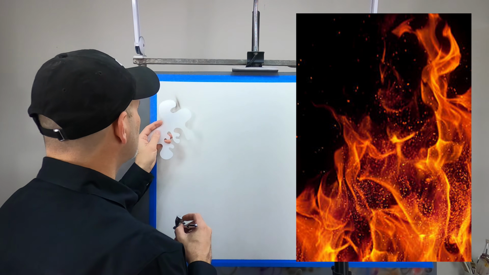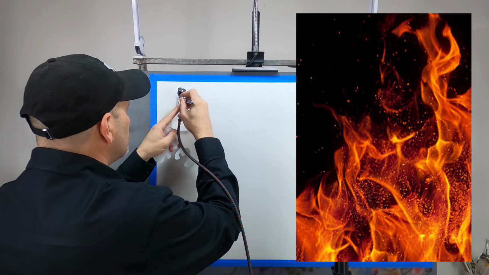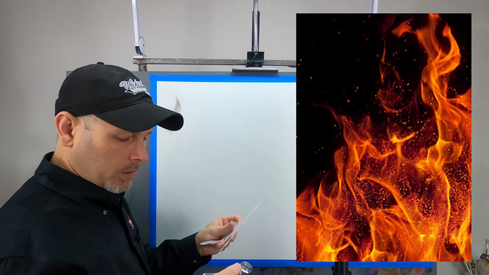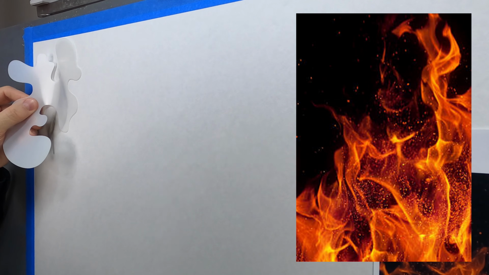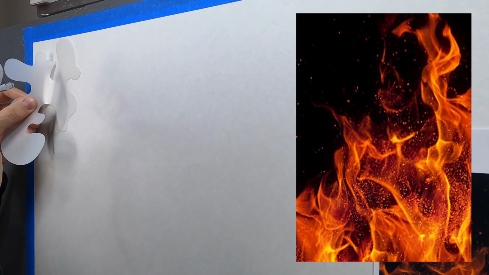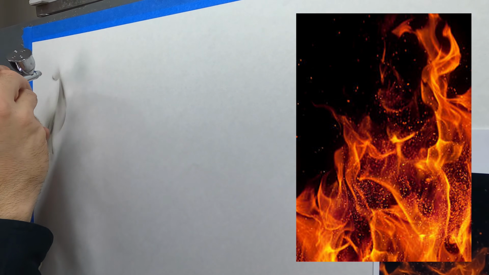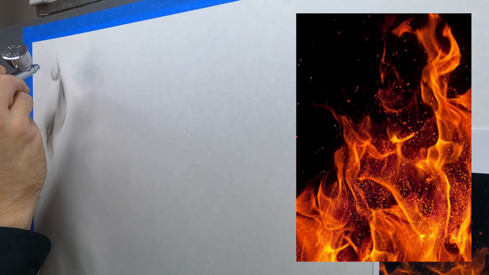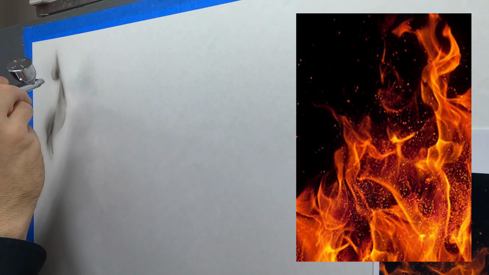For the little ember tip on the top, you can do that either freehand stroke or you can use a freehand shield. You could put a curved shield up here. I'm going to spray just on the bottom, kind of create that, and then I'll finish it off freehand, and then fog a little bit of color in there.